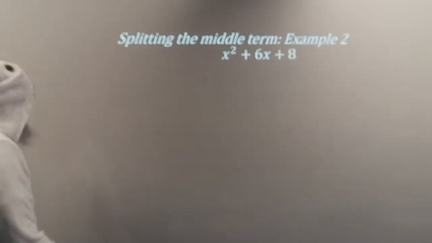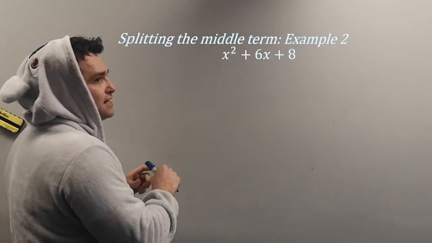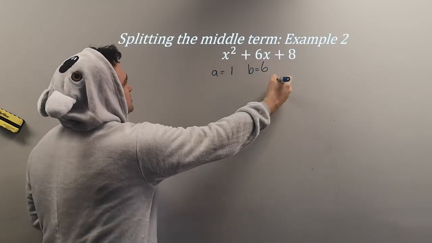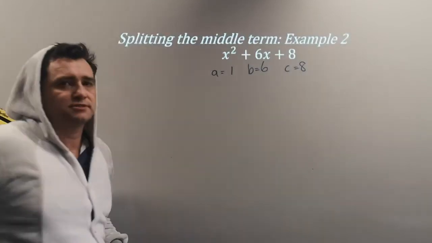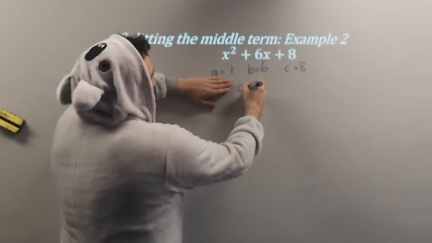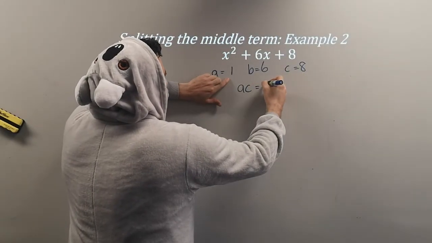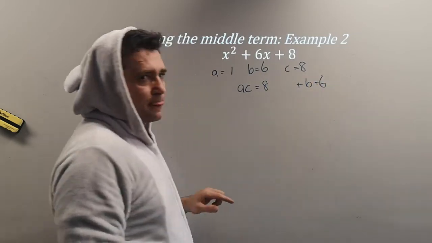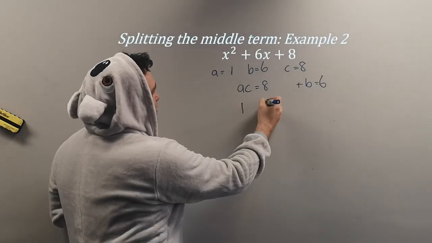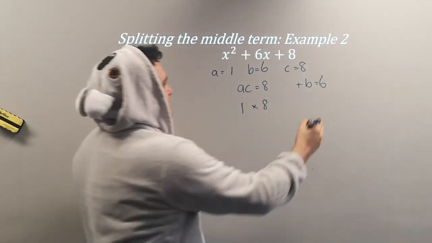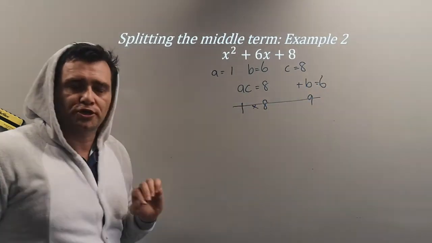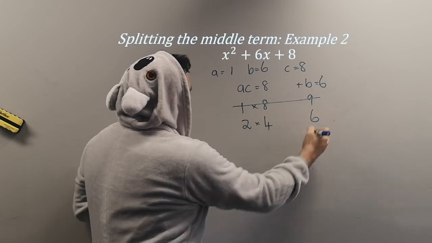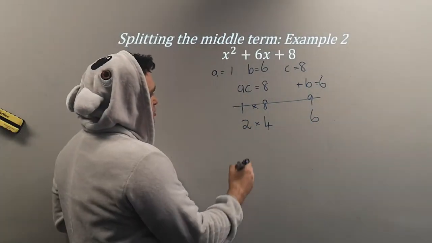Okie doke, looking at our next one. We've got an a value equals 1, a b value equals 6, and a c value equals 8. So ac equals 1 times 8, and adding to 6. Factors of 8: we've got 1 and 8. That's going to give us 9. No dice. 2 times 4, yep, gives us 6. So we've got x